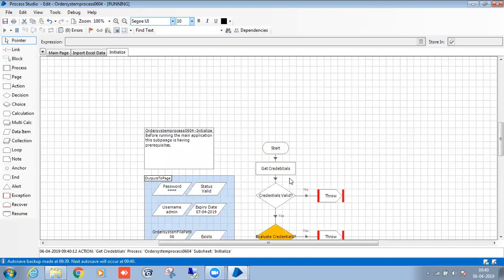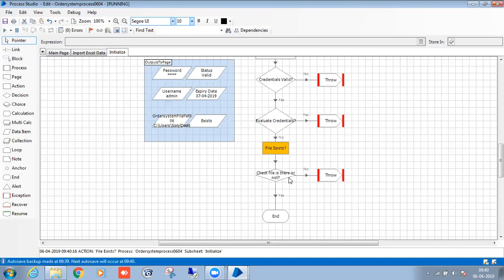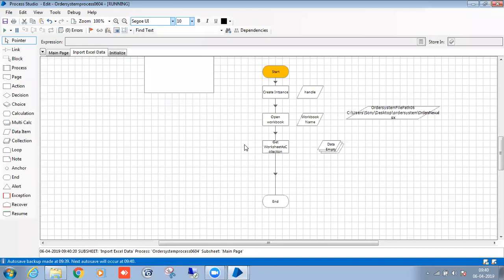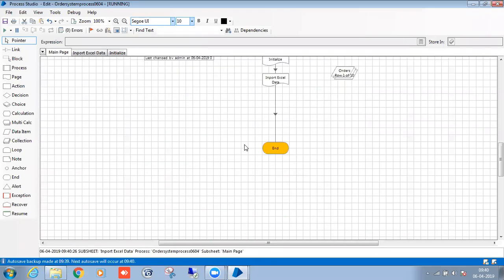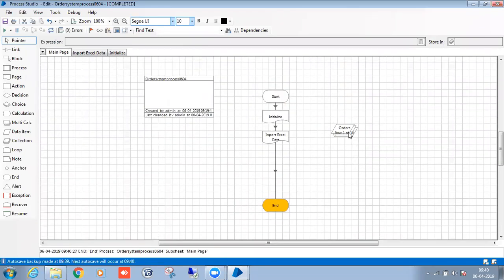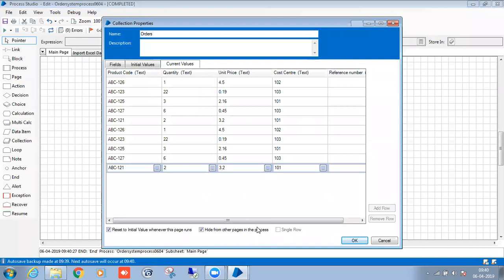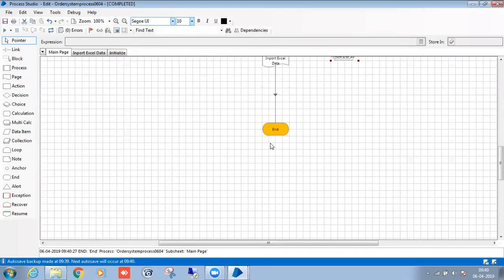First, it's taking the credentials. Yes, everything is true. Now it's taking the data from the Excel. Done. So in the main page, we got the orders, right?